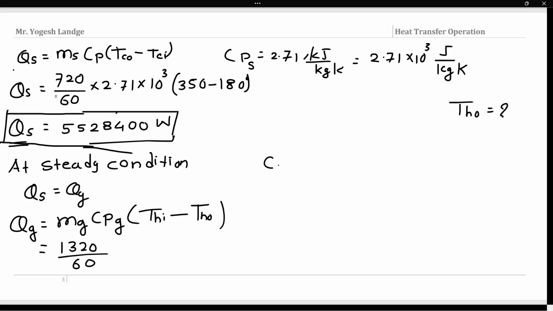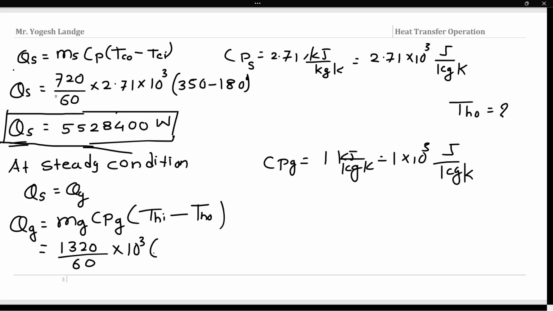Specific heat is also mentioned here. It is in kilojoule, that is 1 kilojoule per kg Kelvin. So convert this into 1 to the power 3 joule per kg per Kelvin. So put up those values, Cp value 10 raised to the power 3 into the temperature difference that we need to calculate. So one of the temperatures is with us, and the inlet temperature is given, 650